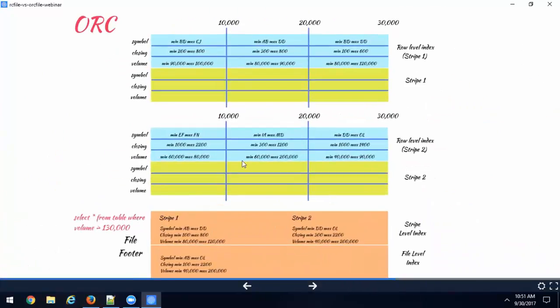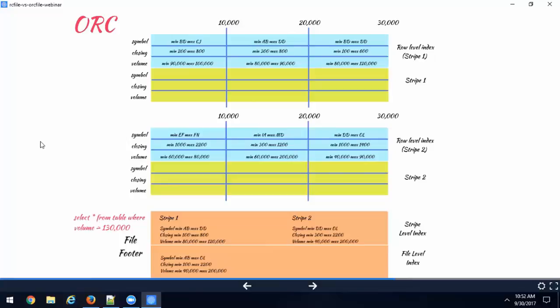Okay, we're back. So now within the stripe, I said a stripe is nothing but a bigger row group. So within the stripe, you again have an index. For every 10,000 rows, you have an index, and this is called the row level index. You first have the index and then you have the data. Now that your stripe is bigger, 64 MB and plus, you will have a lot more rows within that stripe. So let's say you have 30,000 rows. That's the illustration that we have here.